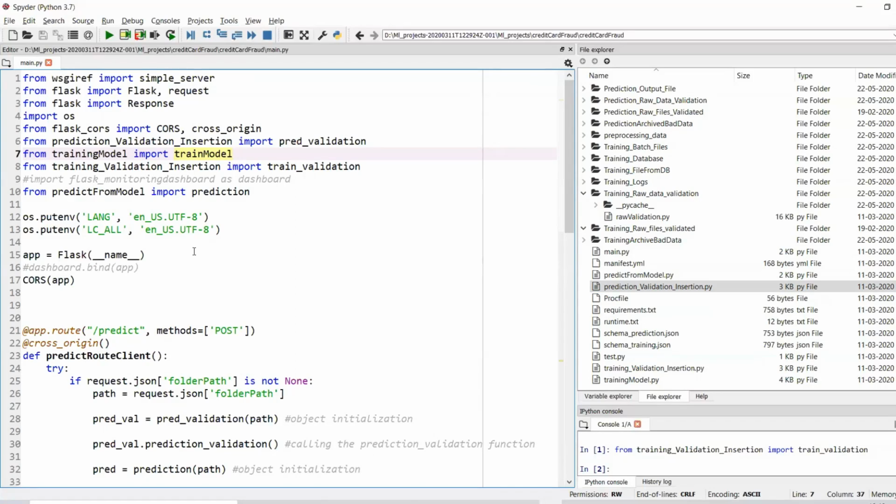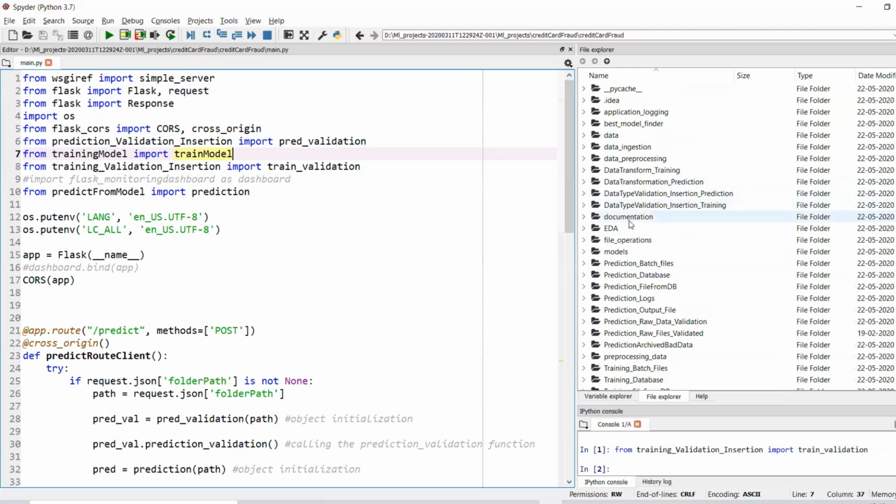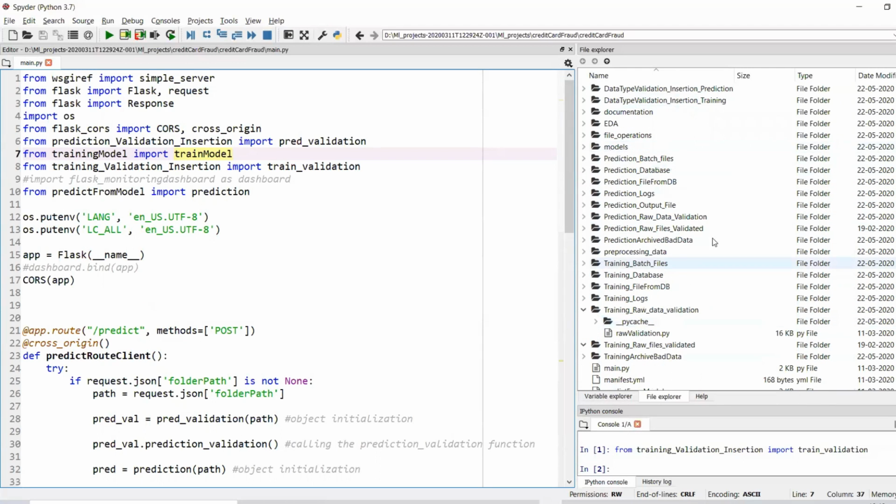project. Okay guys, let's see some examples here. This is a very complex project, credit card fraud detection, and here there is an implementation of OOPS concepts completely from end to end. You can see how many folders there are. These folders have been created considering the various pipelines of a data science project, up to the model hyperparameter tuning.